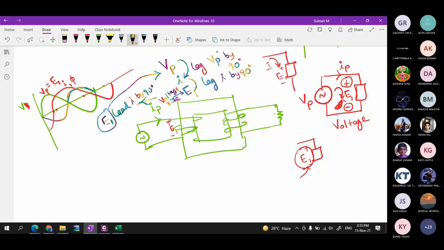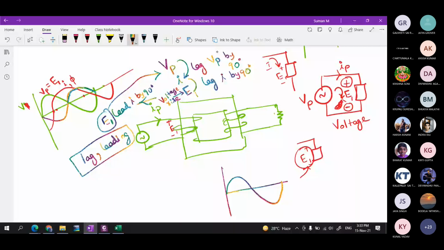Already I know that you know about lagging and leading. You would have studied about leading and lagging in your 12th standard. Yes, sir. Lagging in the sense, suppose if you do not know, consider a waveform. You are having a waveform like this. This is voltage, let's say. So this is the zero crossing. Zero crossing means this is the value which is going to cross the zero.